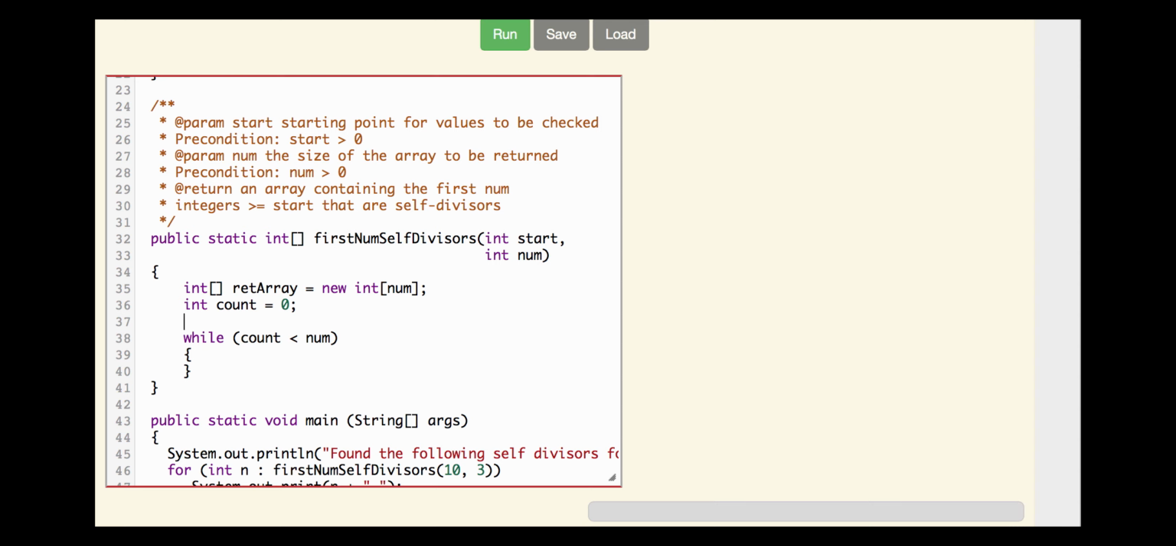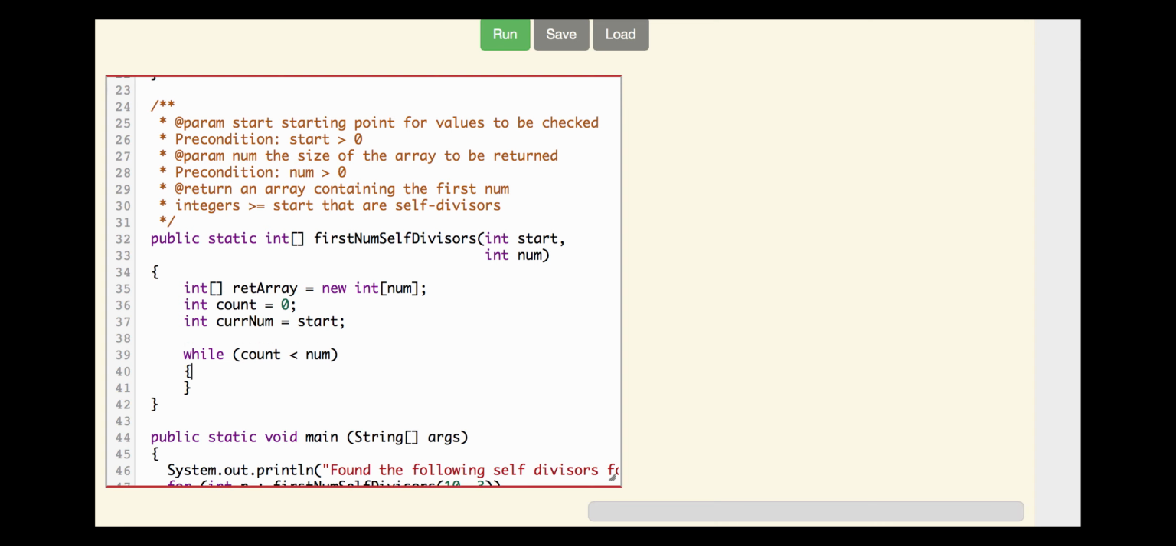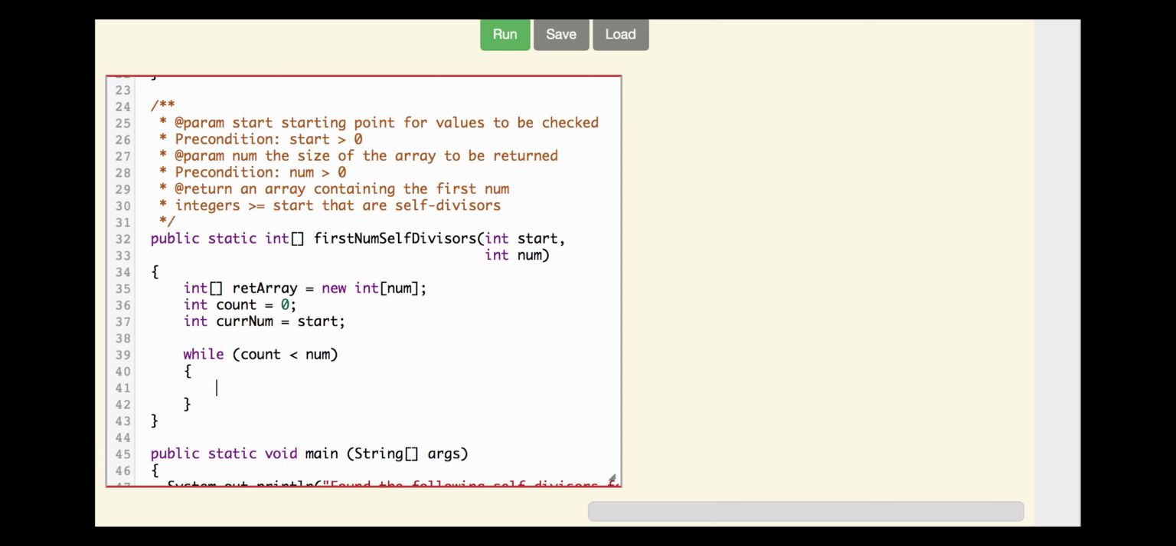We're also going to need to keep track of, we're going to start at this passed-in start value, but we're going to change it over time. So we're going to need to keep track of that. So we'll call it maybe current num, and we'll start that off at start. So as long as count is less than num, let's check if the current num,